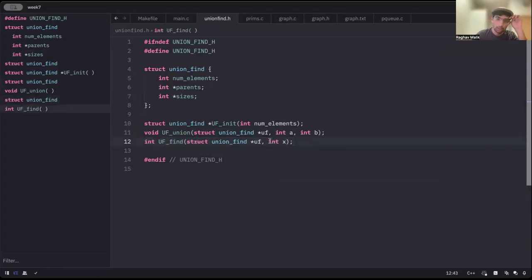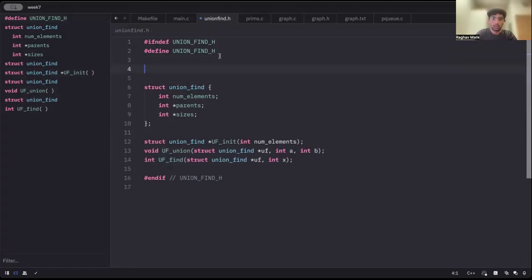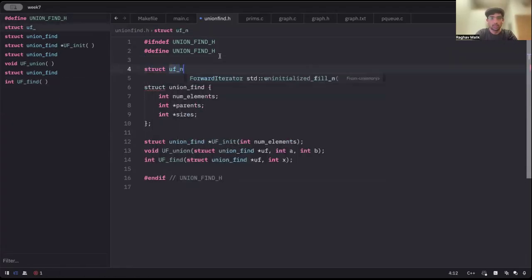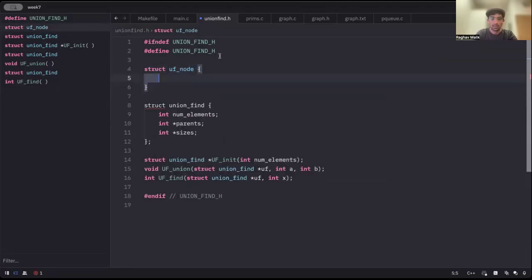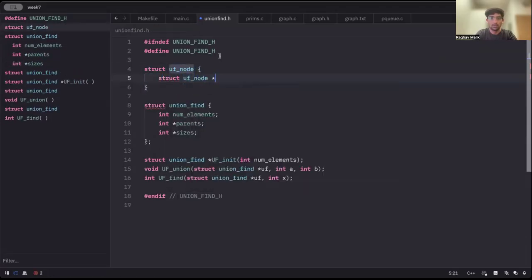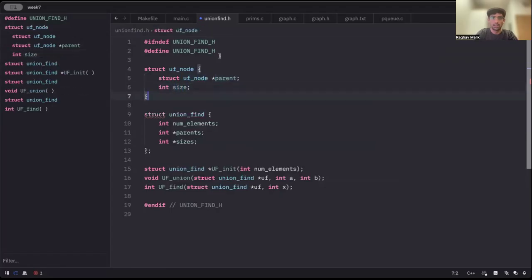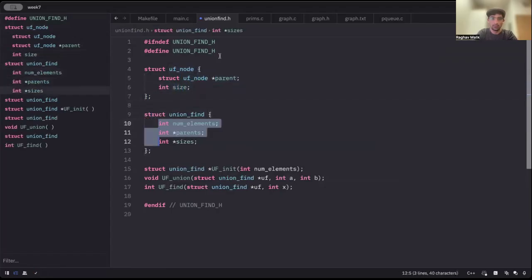So this will take the ID of the element that we want to find the root of, and this will return the index of the root. Right, so we're just operating based on indices. In a more complete implementation, maybe you would want to say struct uf node, and this would have a struct uf node parent and an int size, and then your union find would have